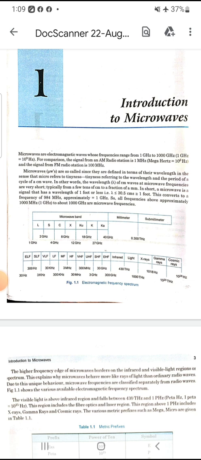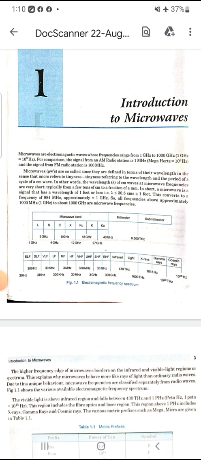The microwave band itself gets divided into 7 different bands: L band, S band, C band, X band, Ku band, K band, and Ka band. The L band has a frequency range of 1 gigahertz to 2 gigahertz,